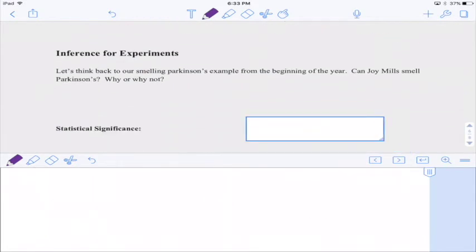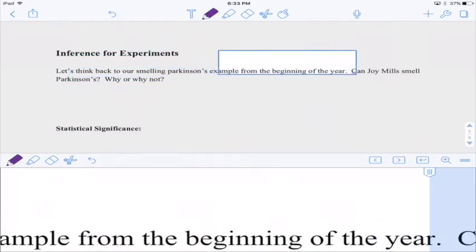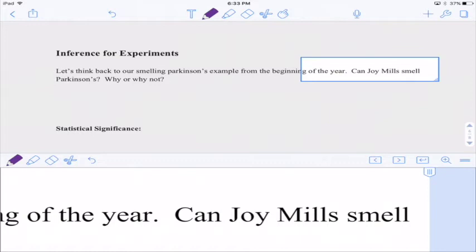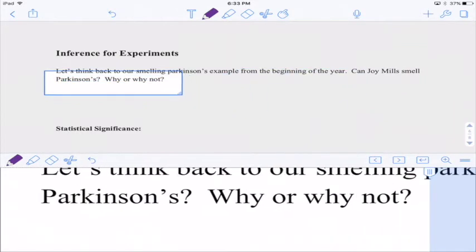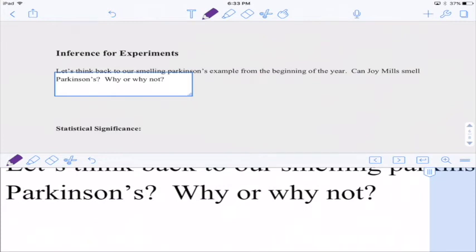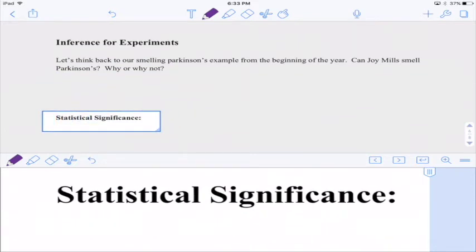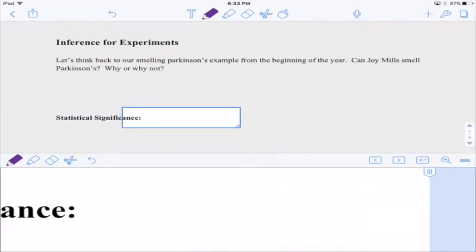So inference. If we think back to our smelling Parkinson's lady from the beginning of the year, can Joy Mills smell Parkinson's? Why or why not? Well, we don't know. We can't say that she does or doesn't. So we said we have reason to believe that she does. So statistical significance is when we have enough statistical evidence